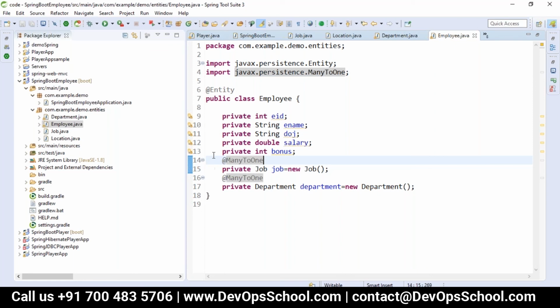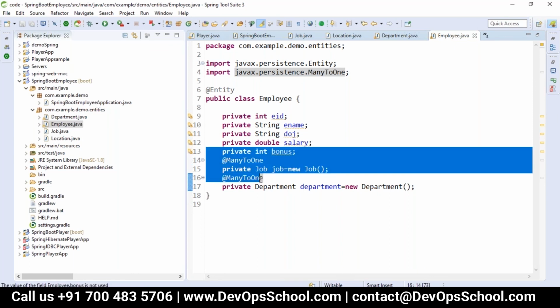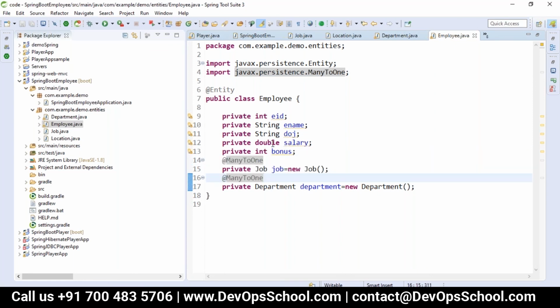So all these many to one relationships will create a foreign key in our table. When we run our code, it will create the foreign key in our table.